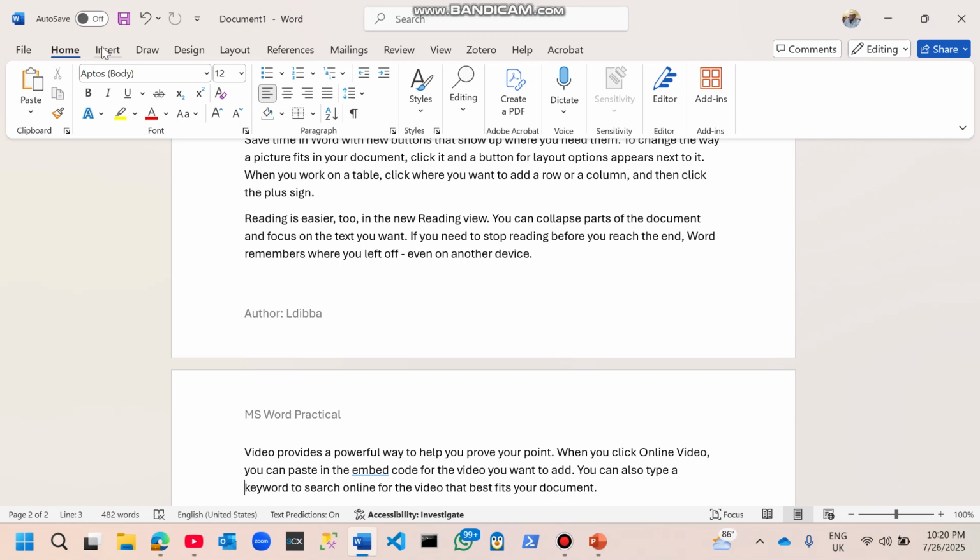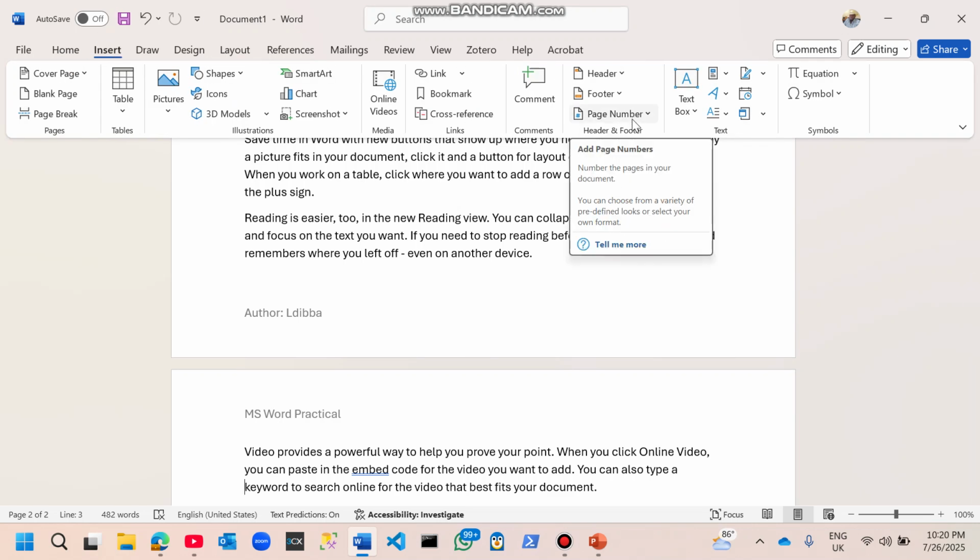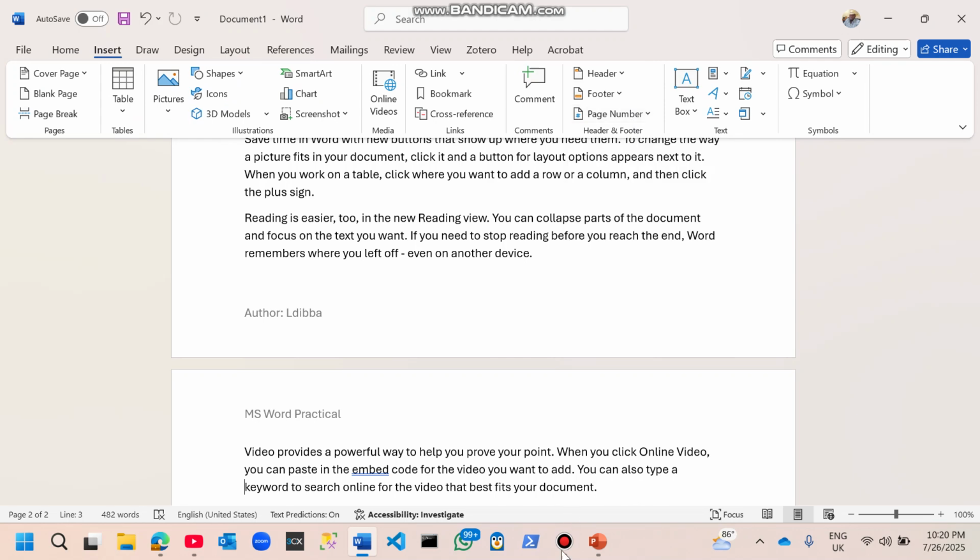Okay, so next is page numbers. So as we all know, page numbers allow you